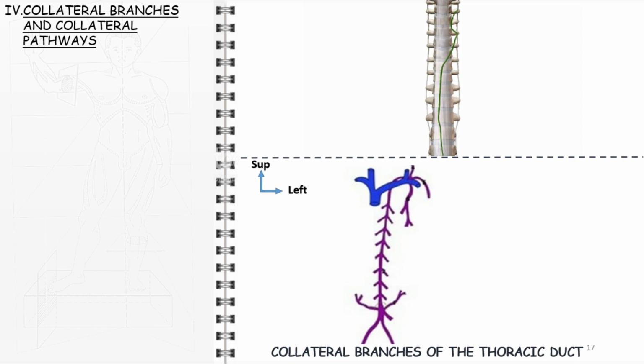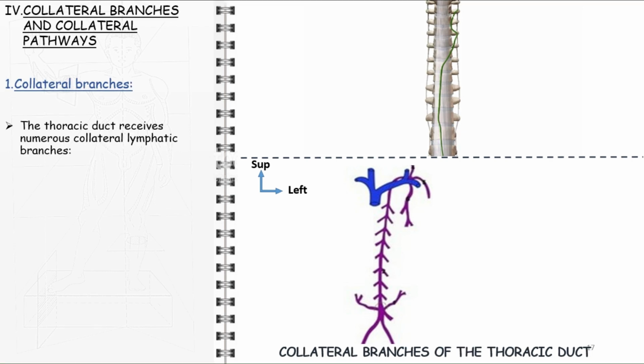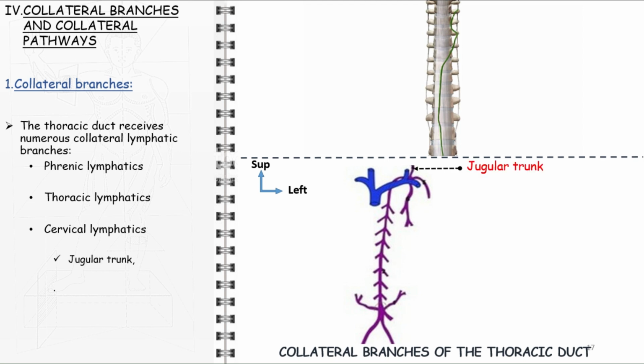Let's delve into the collateral branches and collateral pathways of the thoracic duct. The thoracic duct receives numerous collateral lymphatic vessels: the phrenic lymphatics; the thoracic lymphatics, that give intercostal and posterior mediastinal pathways; and the cervical lymphatics, which include the jugular trunk, draining the left half of the head and neck,